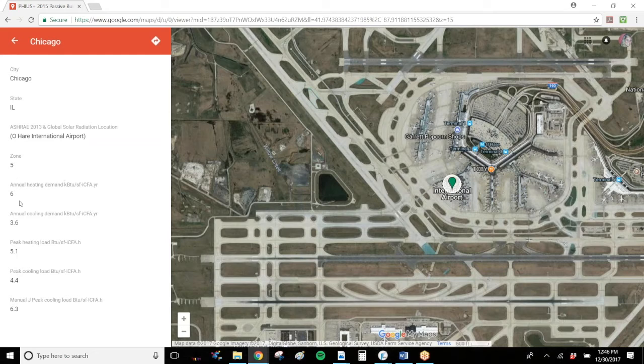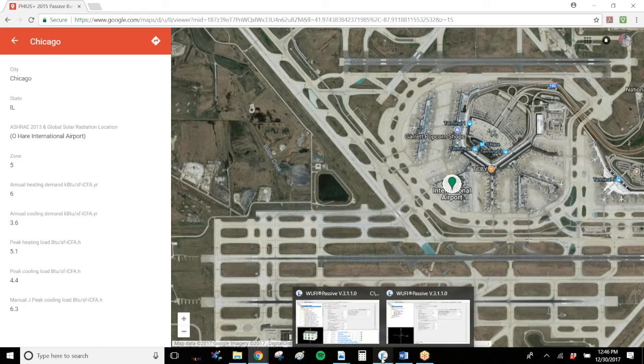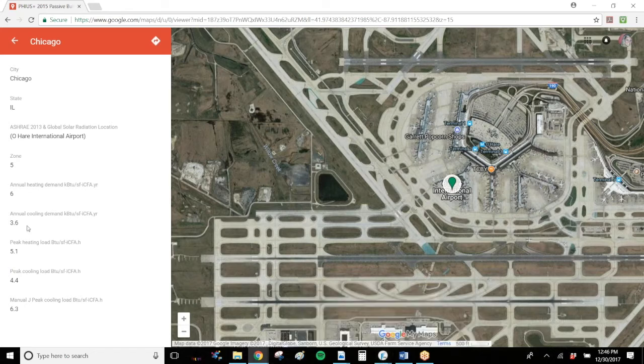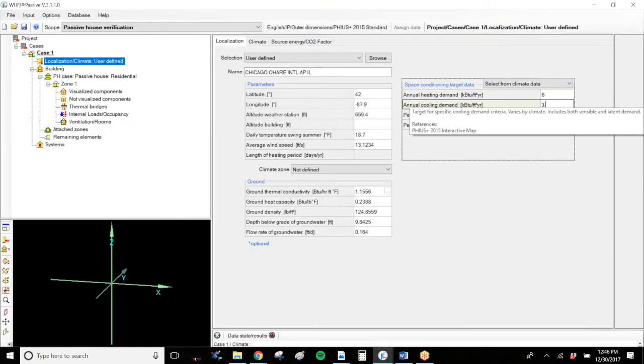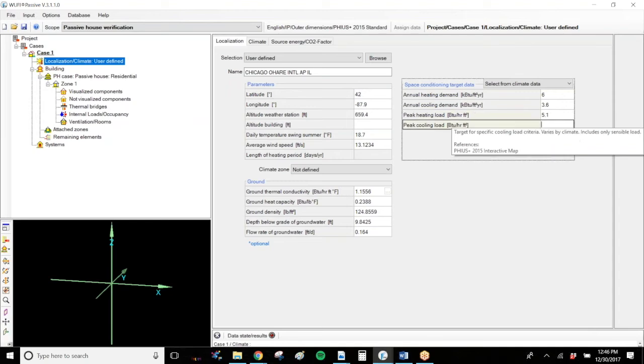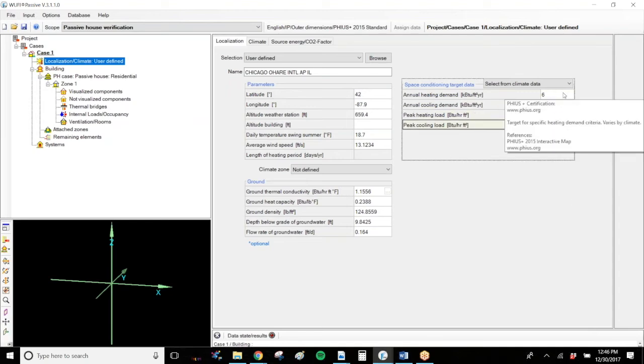And what I see over on the left-hand side is now my different targets for annual heating demand, annual cooling demand, peak heating load, and peak cooling load. These get manually entered into WUFI Passive. So what I have here is 6, 3.6, 5.1, 4.4, 5.1, and 4.4. So now I take those directly from the online space conditioning targets map,